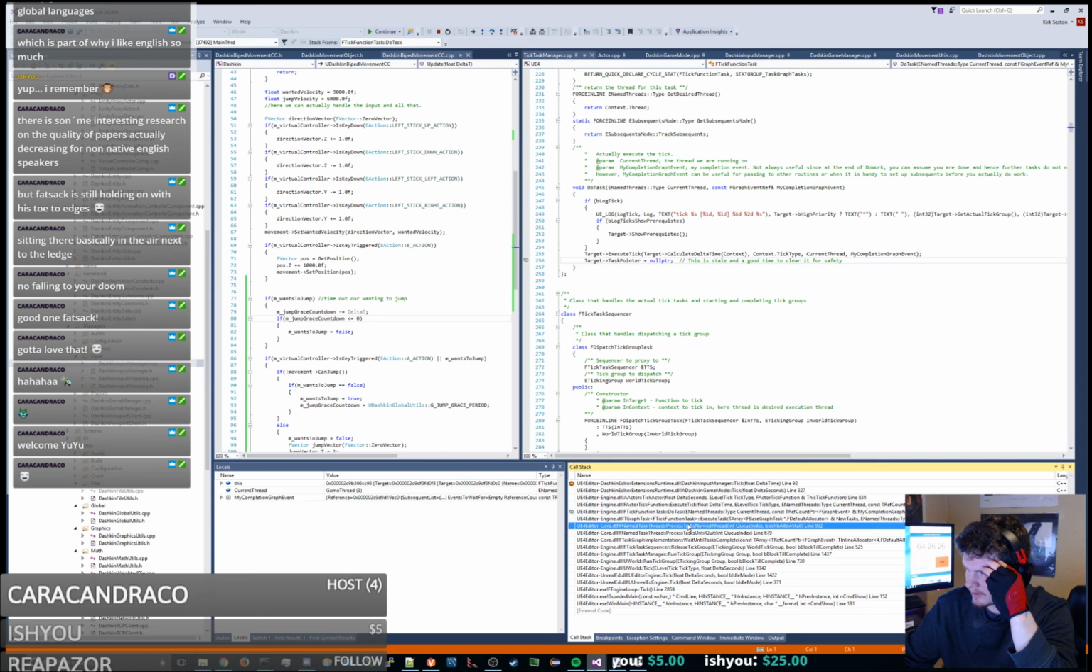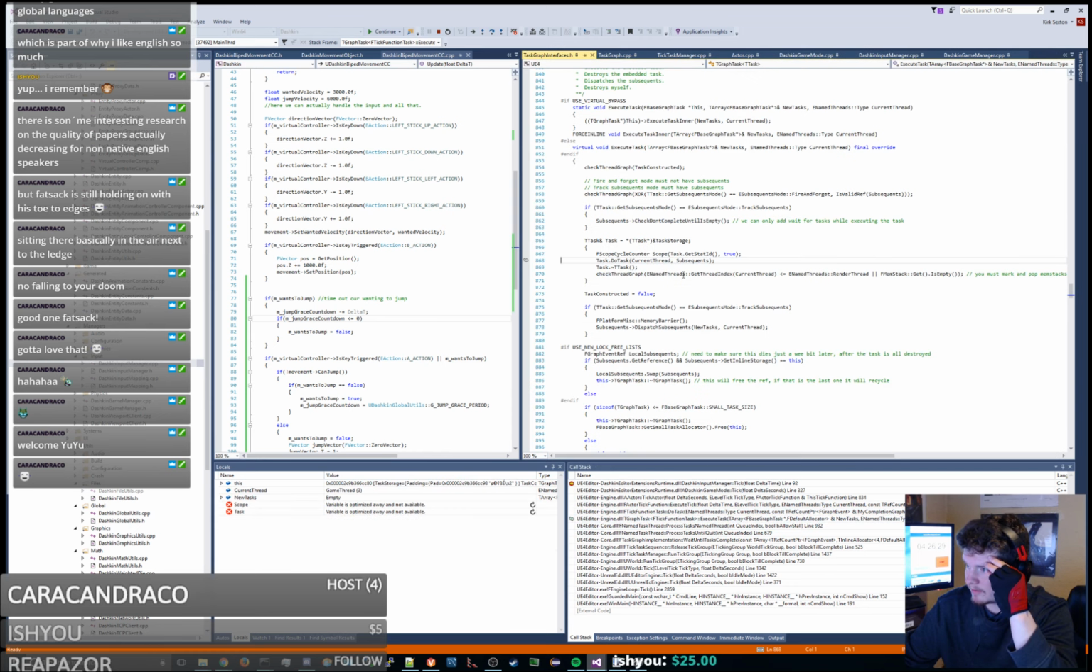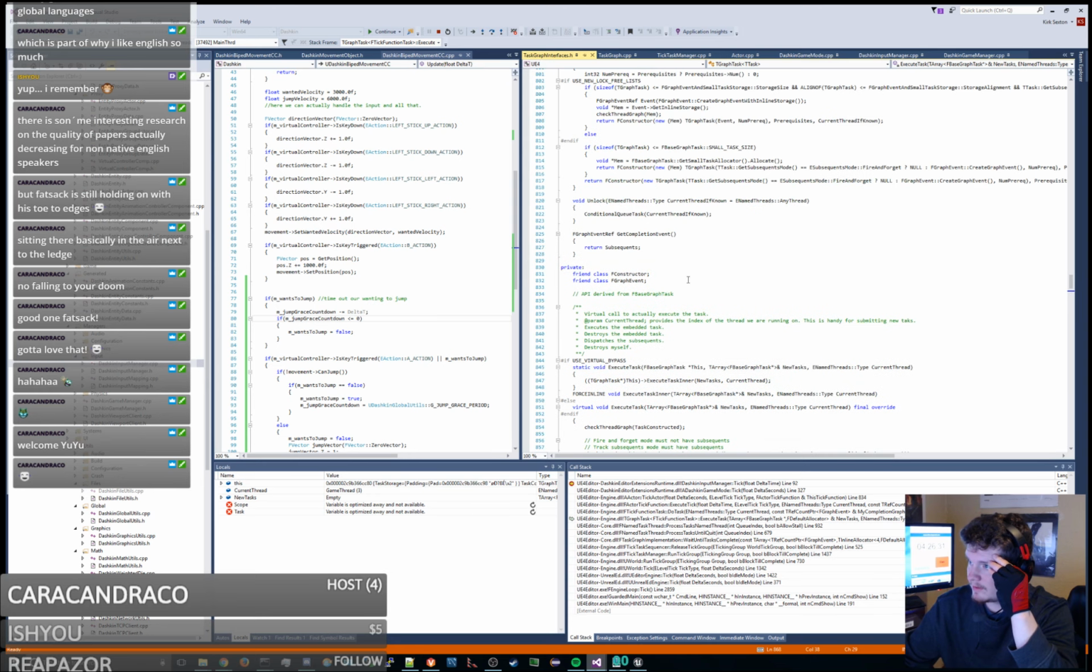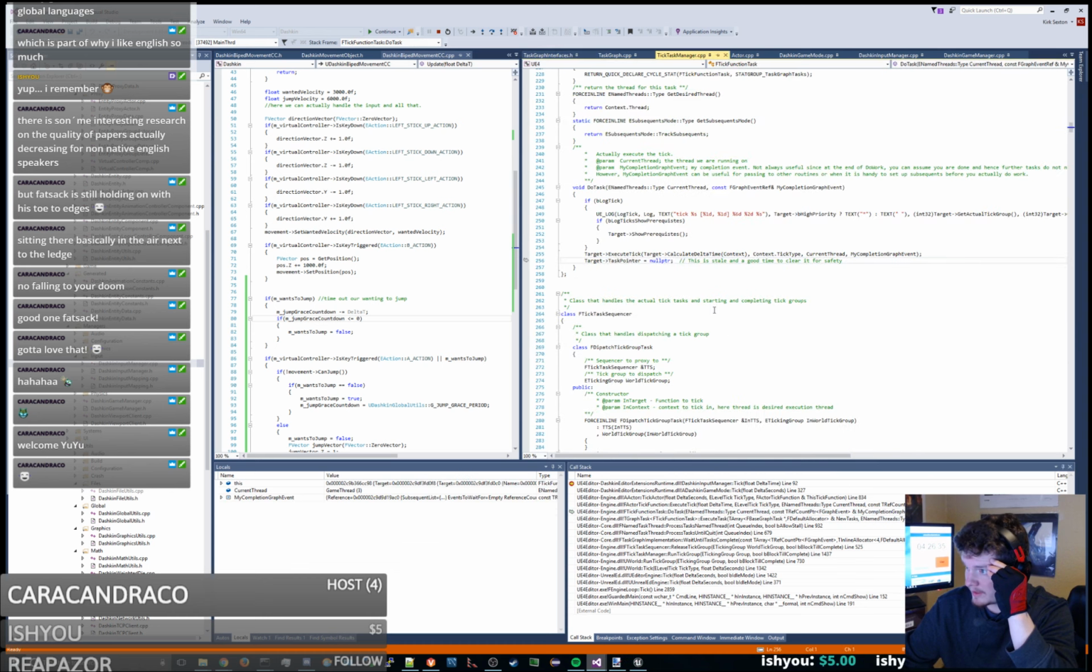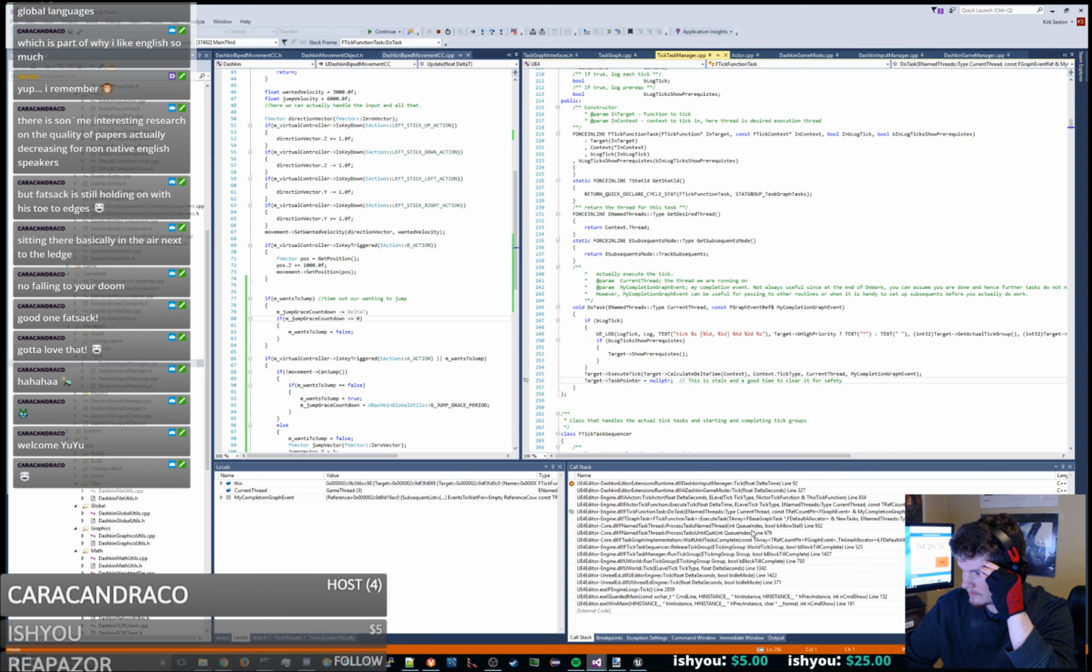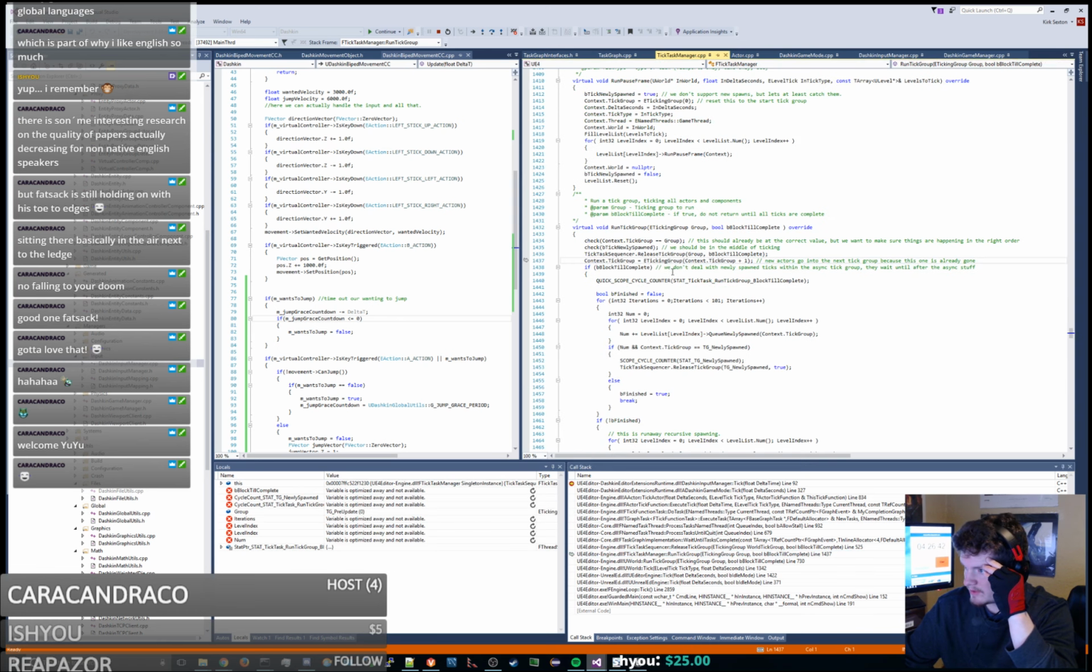And it looks like we're going all the way back into the Unreal update loop in order to actually do some of this work. So in the run tick group method,